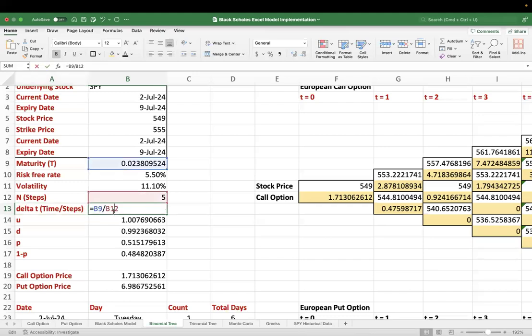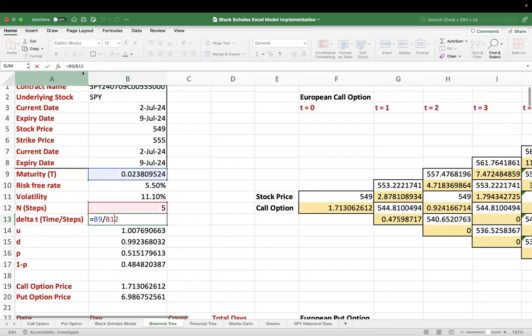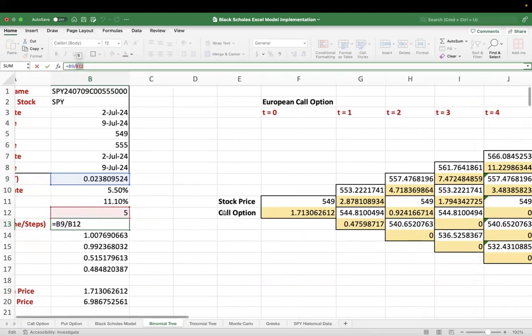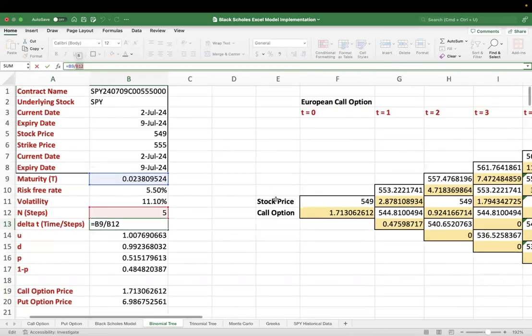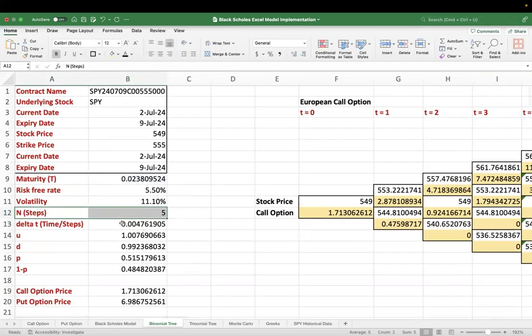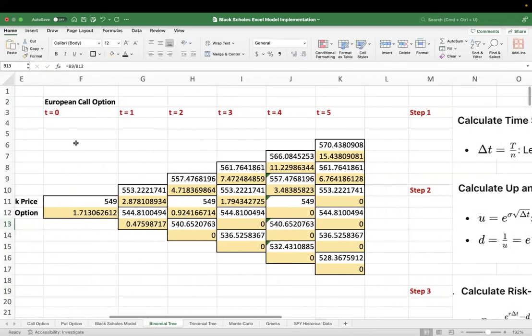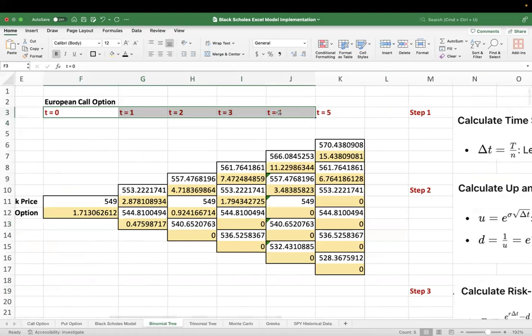So delta t is what? T by n. How much is n? If you see, what is B12? B12 is 5. Why are we considering 5? The number of steps is 5 because, when we are constructing a binomial tree, we are considering it will go up to 5 steps. So we are growing our binomial tree up till 5 steps, and